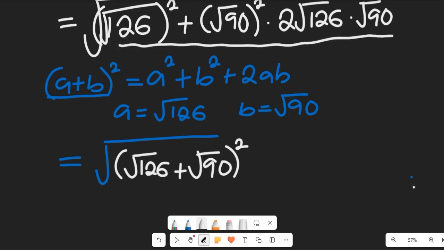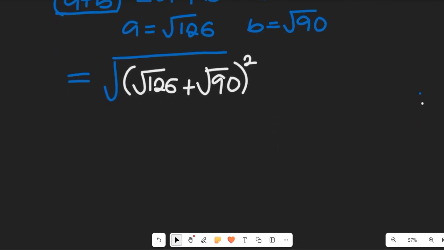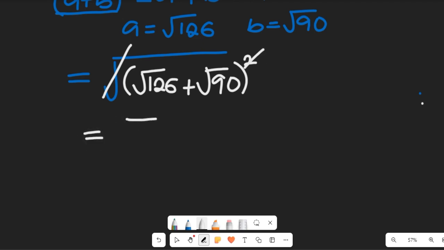Now do you see that? Now from this whole expression, I can simply say the square root will cancel out the square. Now this expression is going to give me the square root of 126 plus the square root of 90,